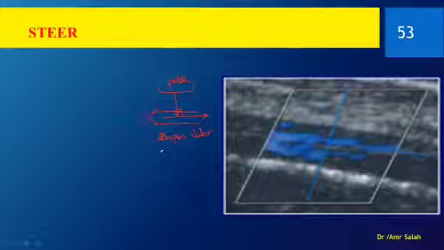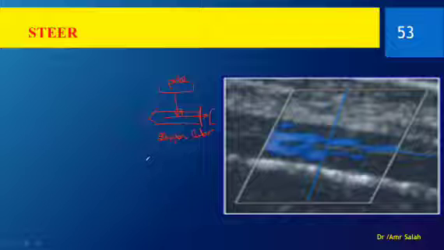So what do we want? We want to create an angle that's near zero. Now, we've said in order to create the best angle, the solution is to cut the patient's arm or leg, depending on the vessels you want to examine, and to put the Doppler like this. Here, the direction of the blood would be directly facing the probe, giving you the best angle ever. But cutting the patient's arm or leg is very, very drastic.